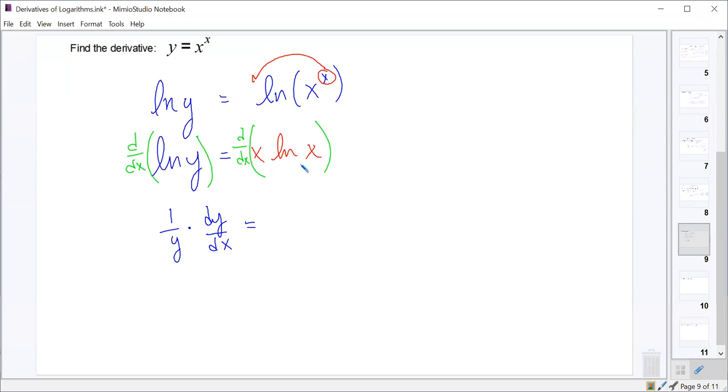Do we need to use the product rule? Got to use the product rule, right? It's one function, x, times another function, natural log of x. So it'll be x times the derivative of natural log of x, which is 1 over x, plus natural log of x times the derivative of x, which is 1. And now we have 1 over y dy dx